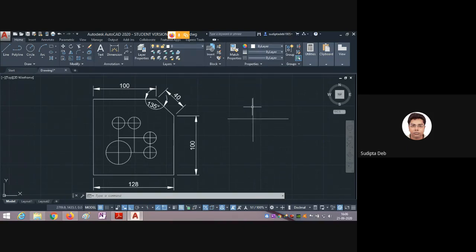So if I measure up to this, that is 90 degree, up to this 180 degree, this is 270 degree, then I am measuring the 360 degree angle. But if I measure in clockwise direction, that means from this starting line to this section, then this is minus 90, minus 180, minus 270, minus 360. Then I'm going to the 0 degree, because this is my starting point.